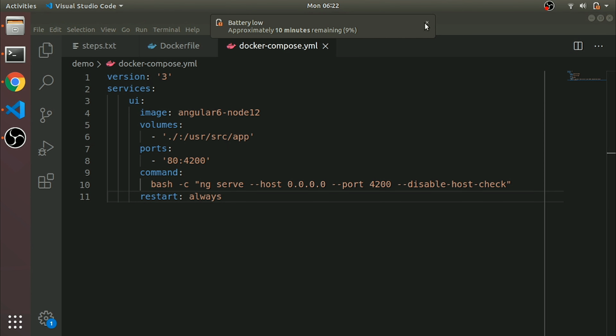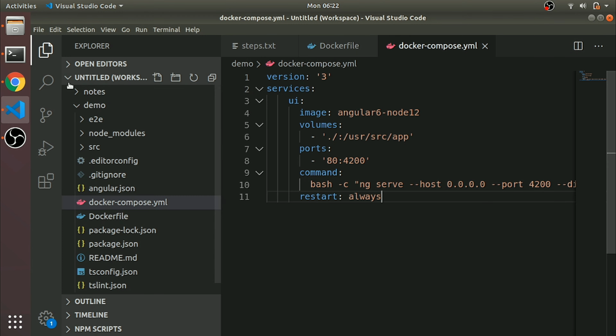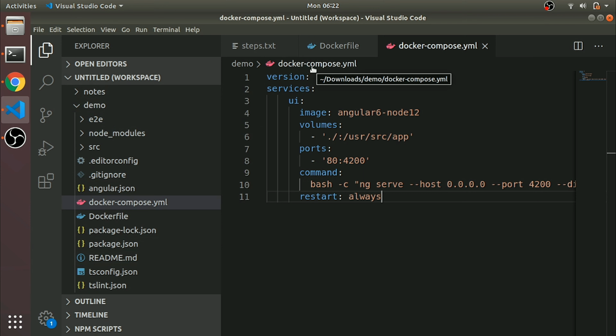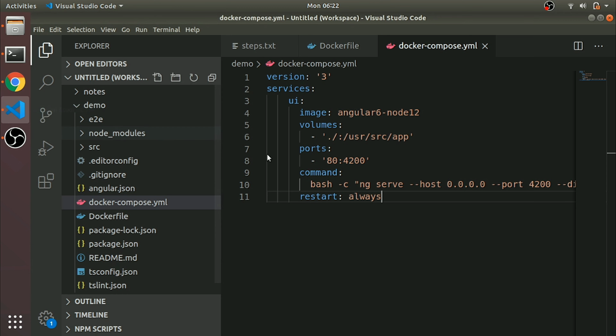So we save here, right? Let me show my directory. This is my directory, in downloads, inside the demo folder. Before that, you should have Docker Compose installed in your system.